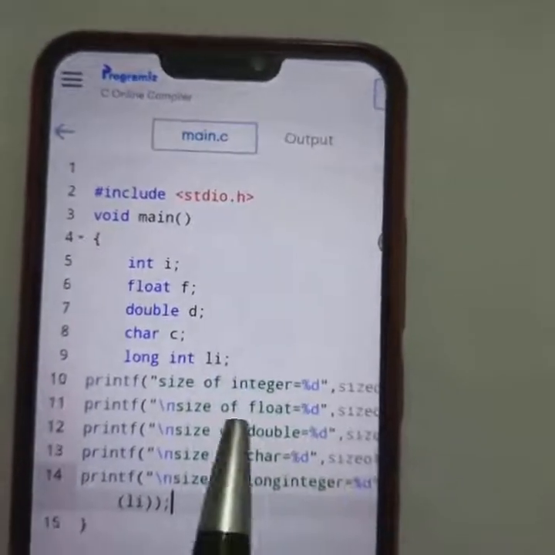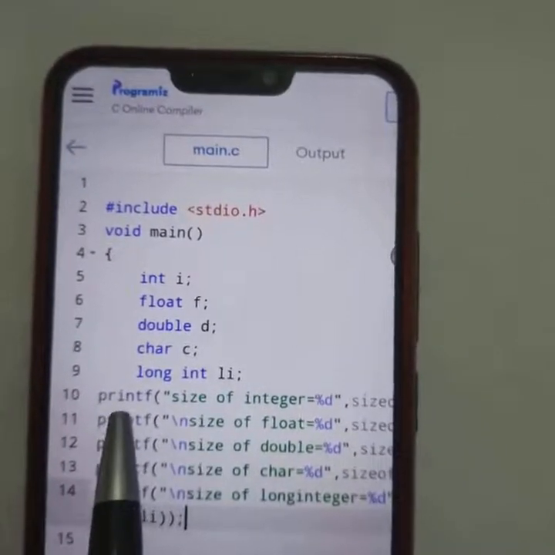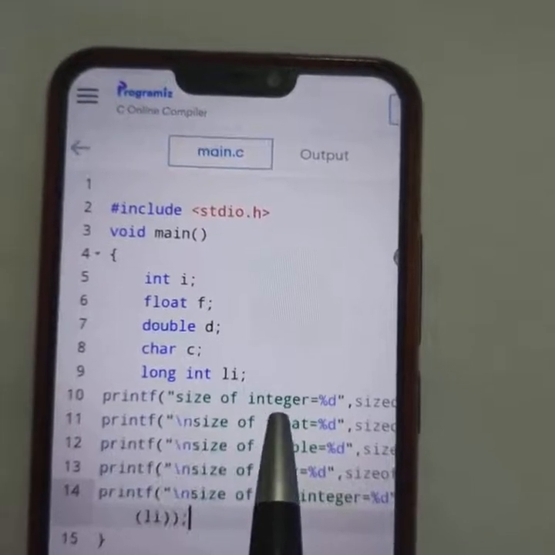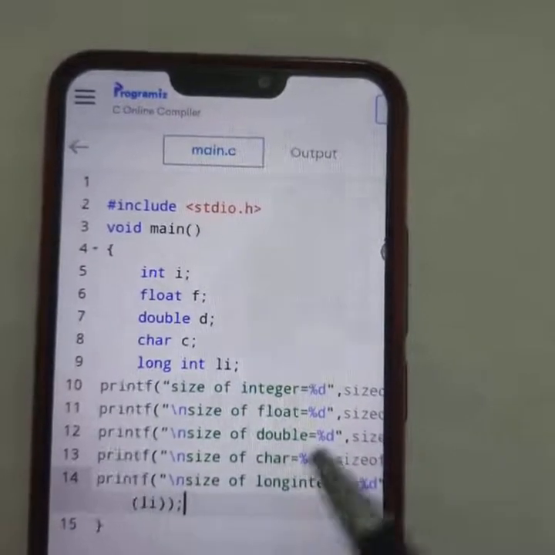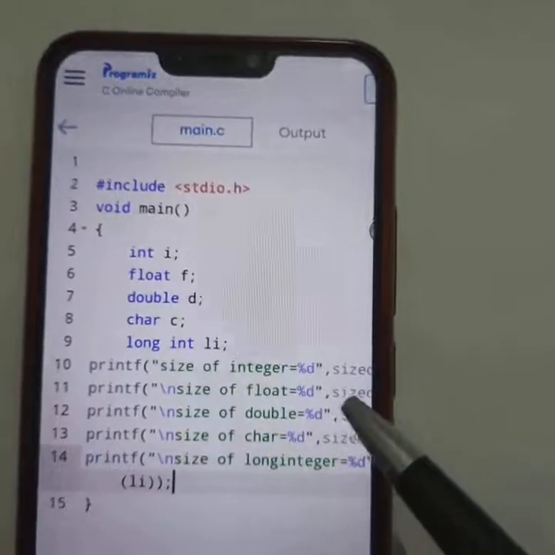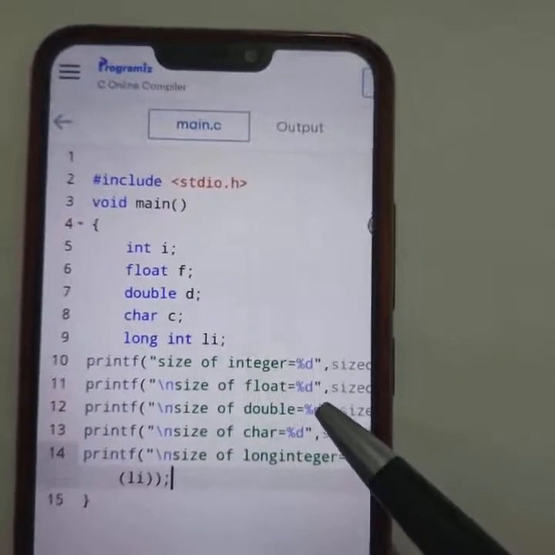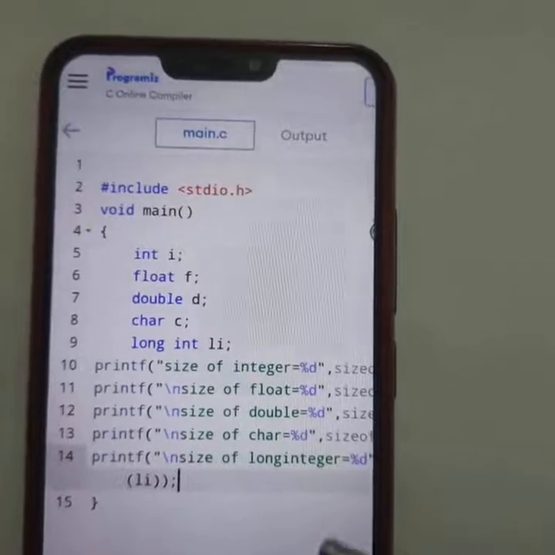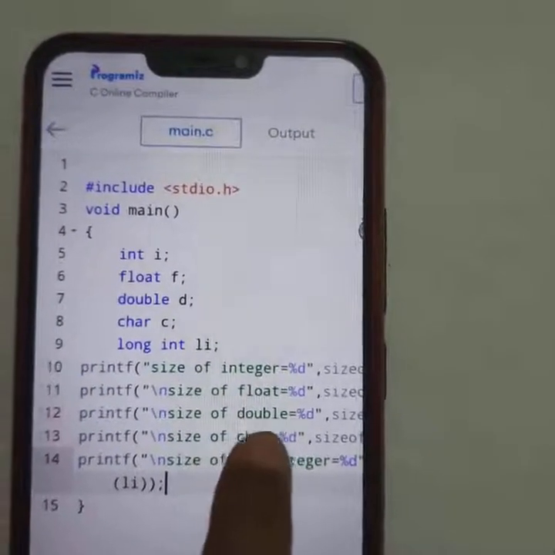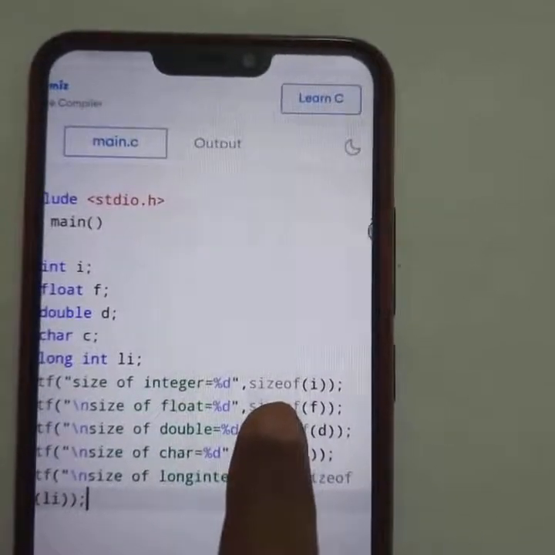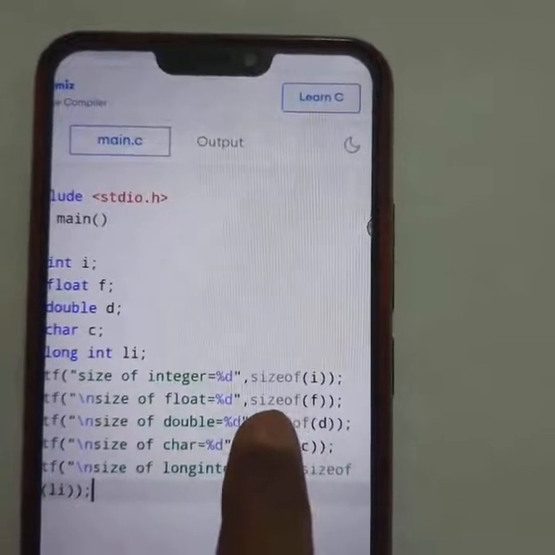For that I write the printf function with sizeof integer, and the size of all data types is an integer number. For that I will use %d for all data types. The important thing used here is the sizeof function.